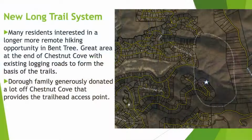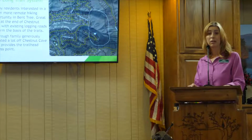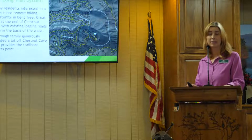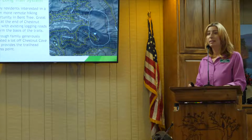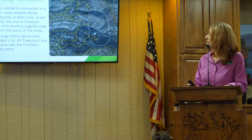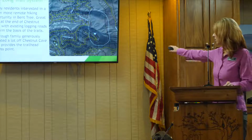And then residents have asked, and folks have been interested in a longer trail system. And this has been kind of a vision of some longtime residents in Bentry for a while, and it's finally kind of coming to fruition. So we are working on developing a long trail system in Bentry, 5+ miles, with prospect to add on additional trails to that. So the area is at the end of Chestnut Cove,